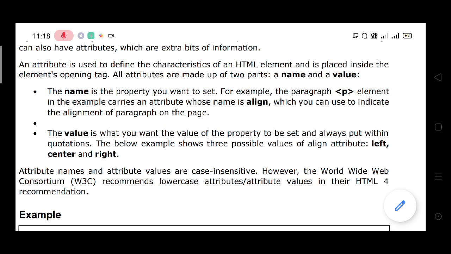You use it to indicate the alignment of the paragraph on the page.